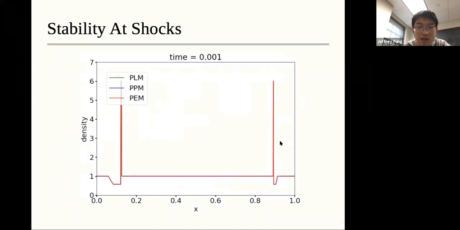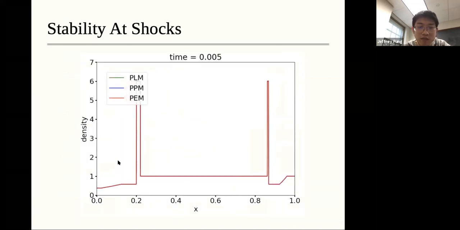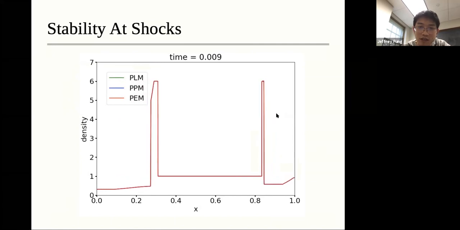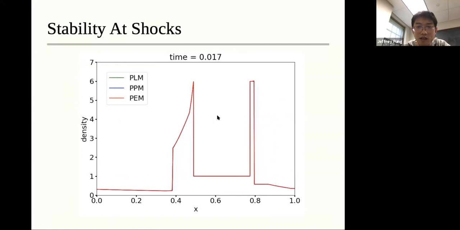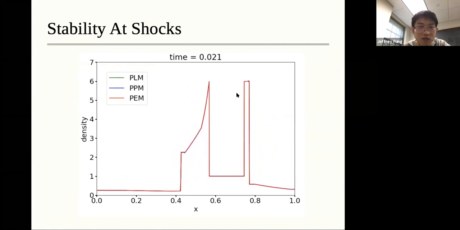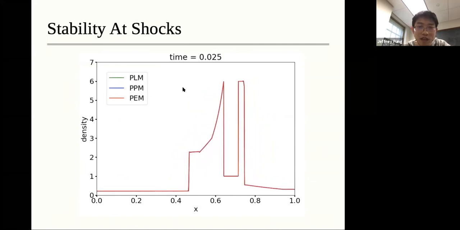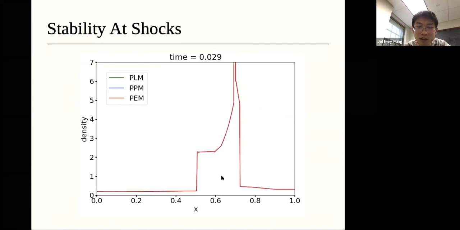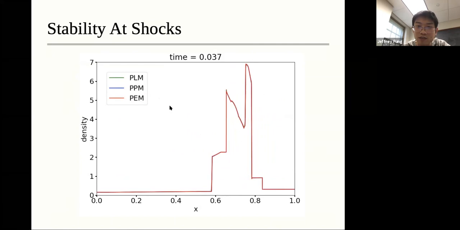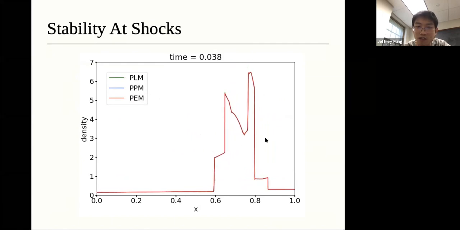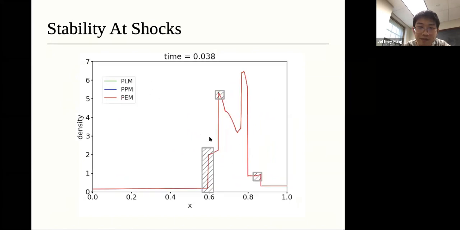It looks like this. You have high pressure on these edges, and then they produce a blast that propagates inward, and they're going to collide and create a rather complicated structure. Here I'm plotting 3 solutions, each from one of these reconstruction methods, but they are almost exactly on top of each other, so you can't see. So we're going to look at 3 particular